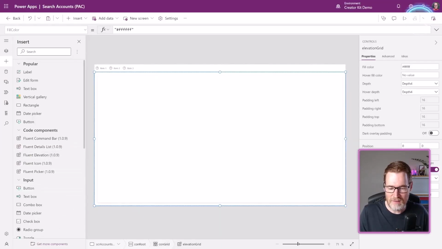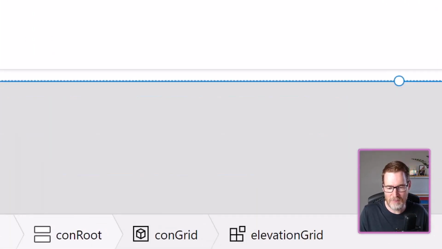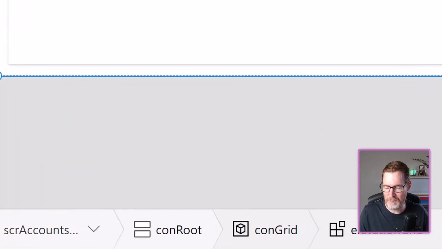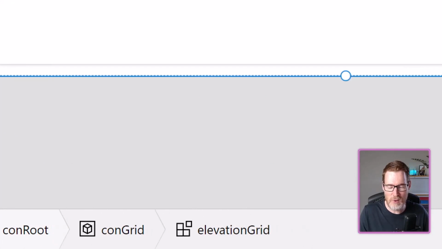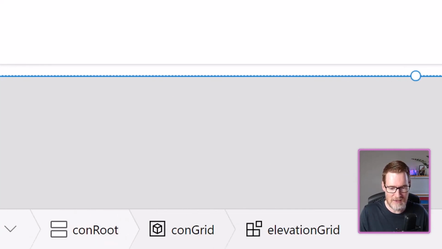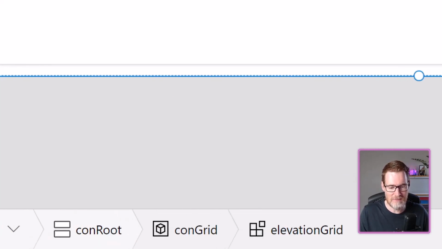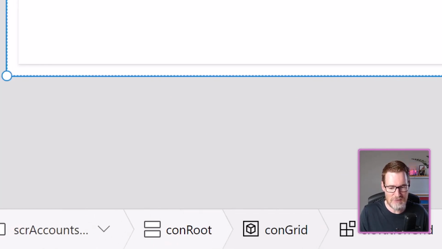And when you're using container components like this, the area across the bottom becomes very important. It's like your breadcrumb trail of where you are located. So at the moment, you can see that I have selected the elevation grid. The parent of that is the grid container, then there's the root container.